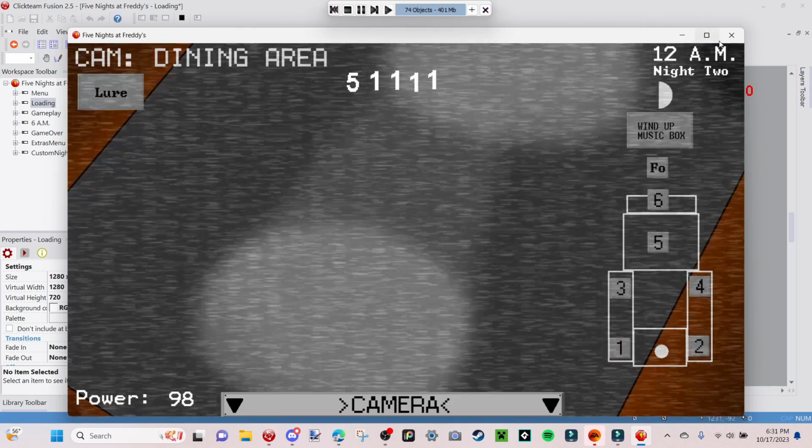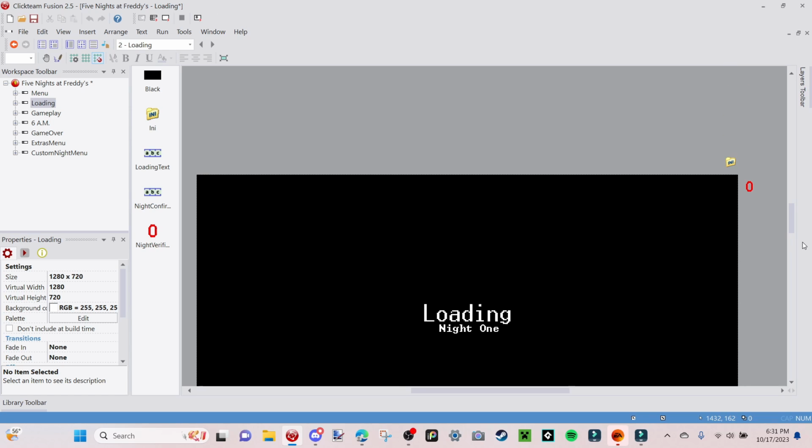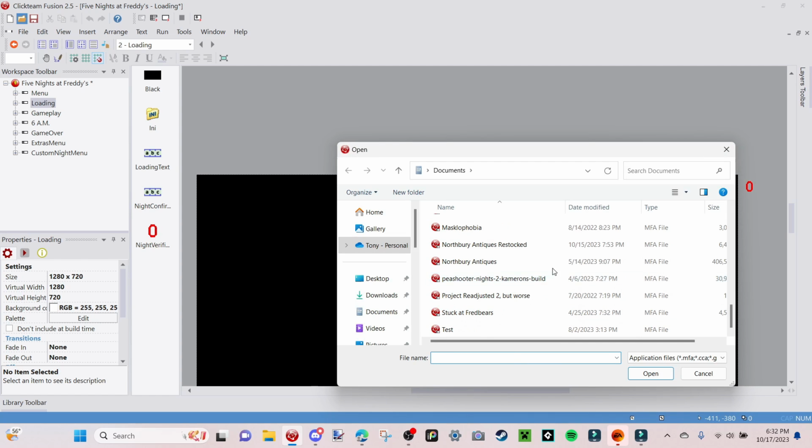That's all I really need to teach. That's all I really need to tell you. If you are happy with this, then you can just migrate over to your copy instead. So you could just rename it to Five Nights at Freddy's. You can name your MFA to just Five Nights at Freddy's instead of Five Nights at Freddy's copy, if you're really happy with that. But that doesn't mean that you are going to have to replace the other one. So if you're happy with this, where it's all organized, it's all much better,